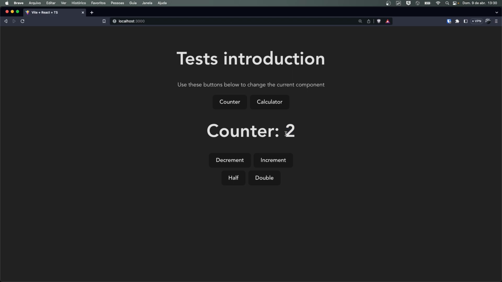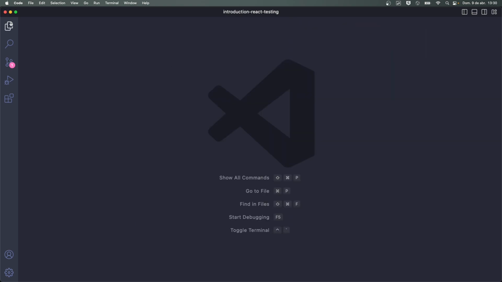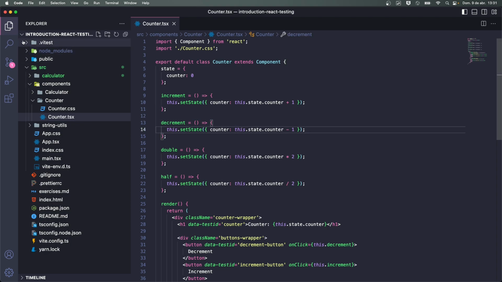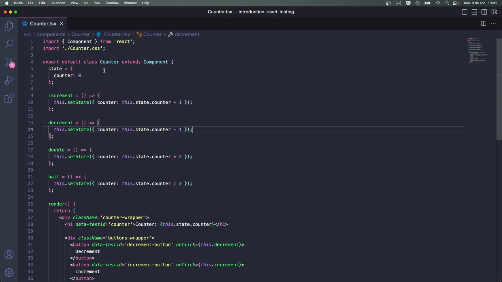So this is a very simple component, but we're gonna start testing it because it's going to be easier to test a simple component, and after that we can move to test more complex components. Okay, so the code for this component is under source components counter.tsx, and as you can see, this component was created using the class component syntax, which is not used anymore